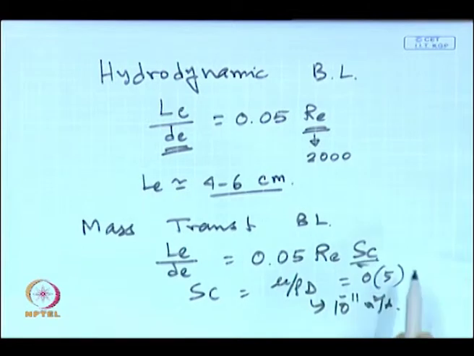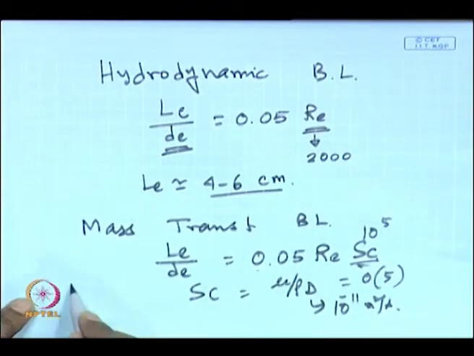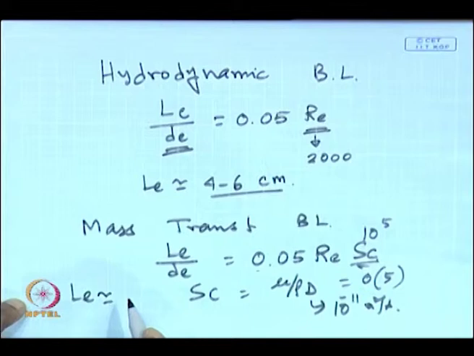If the Schmidt number is in the order of 10 to the power 5, the entrance length becomes substantial in this case. The entrance length can be as high as 80 centimeter or higher. So if you talk about a channel of 100 centimeter, 150 centimeter, or 2 meter, and 50% of it is the entrance length, then it is substantial. Now, if you do not incorporate the permeate flux in the entrance length, which will be the maximum, then obviously you are going to under predict the permeate flux.